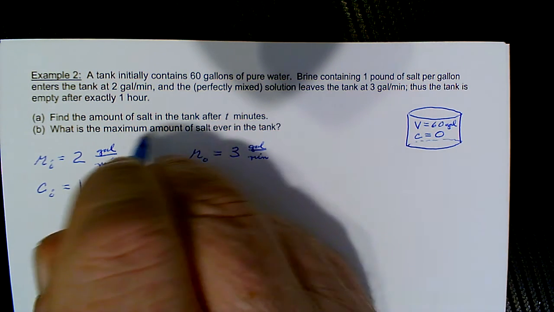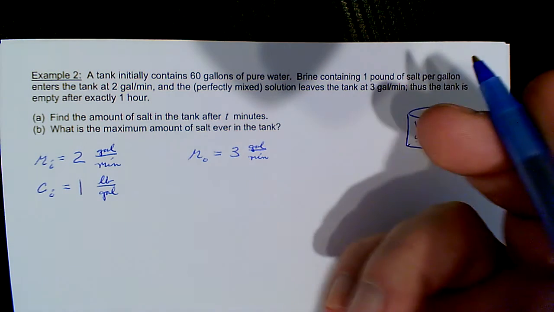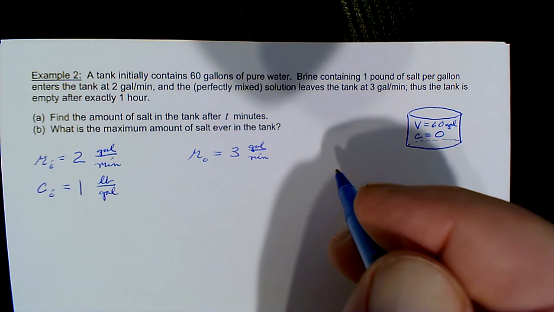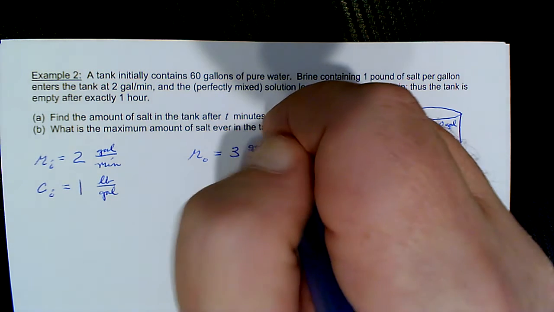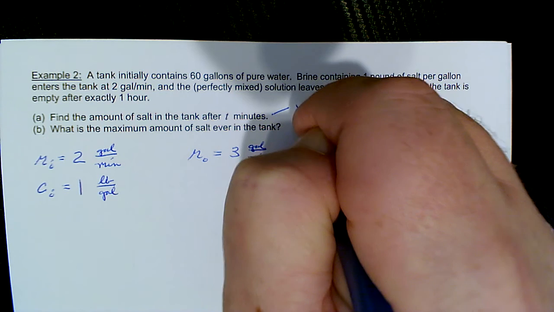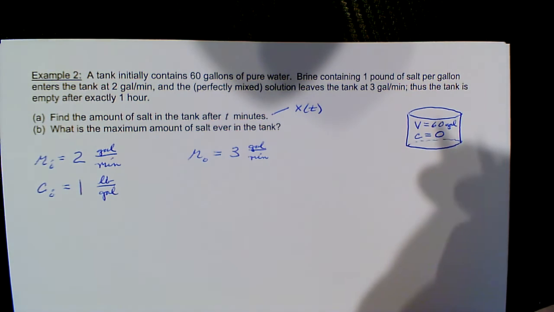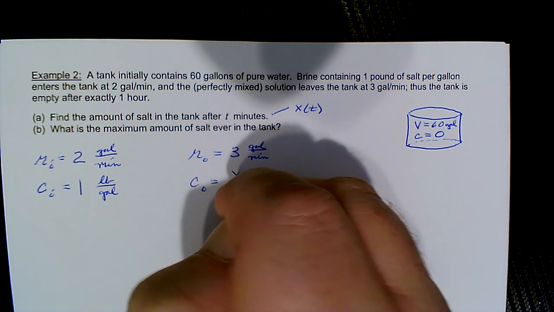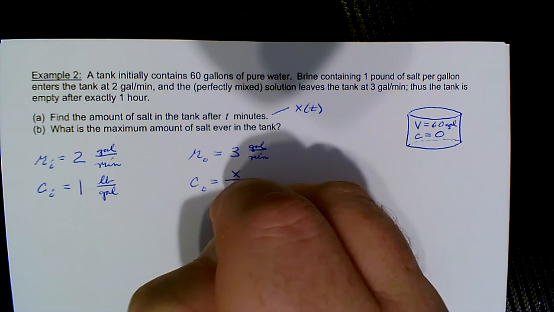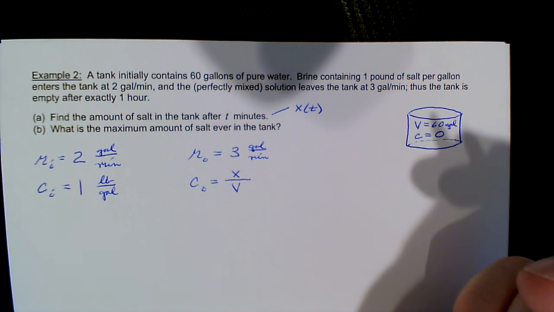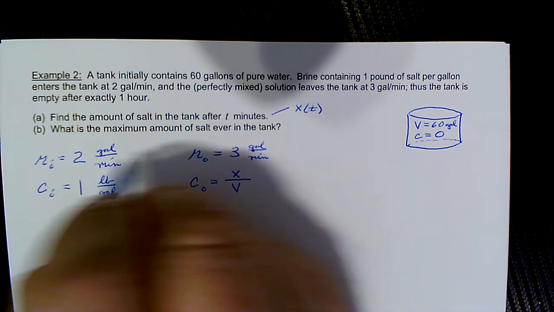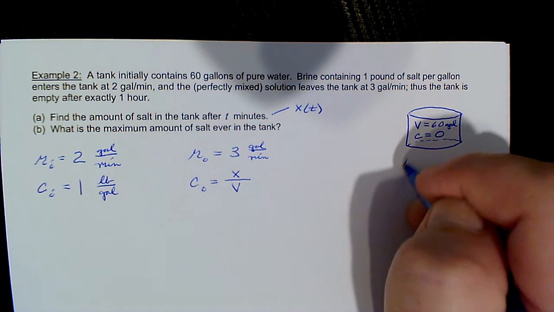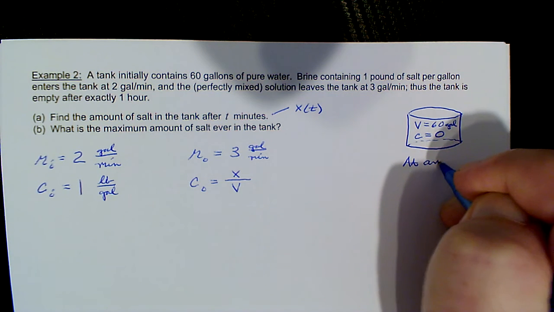And we want to find the amount of salt in the tank after t minutes. So x of t basically will get us to that point, right? And that's what we want to find, x of t. Okay, so then the concentration out. Remember, that varies because the volume could vary. In the last example, the volume did not vary because the rate in and the rate out were equal. But here we could say that at any time t,